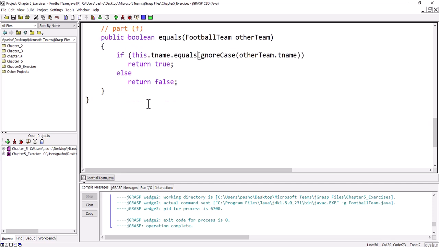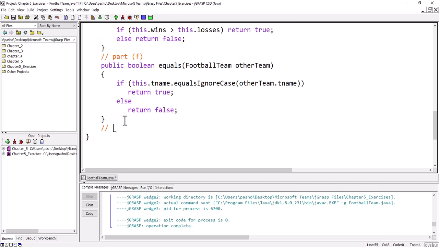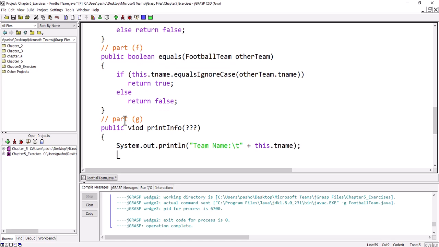Now for part G, so here this is part G, we need to write public. Since it is a printing, most probably it is void, and the name will be print info as suggested by the name, and let us see if it needs input or not. So this method simply prints, so it will be system.out.println, and it will print team name, and we will use tab, and then we will print this dot t name, and